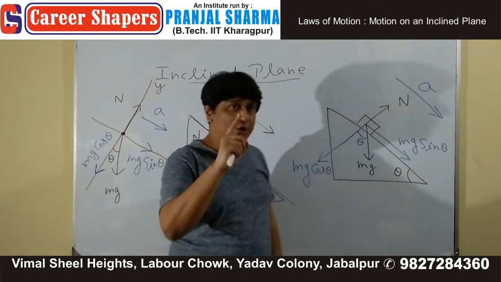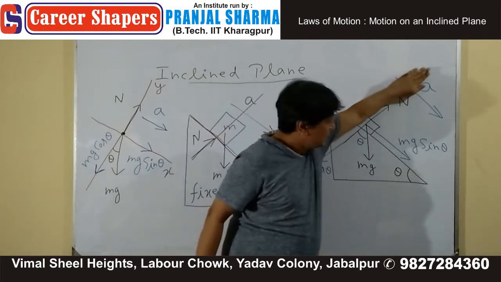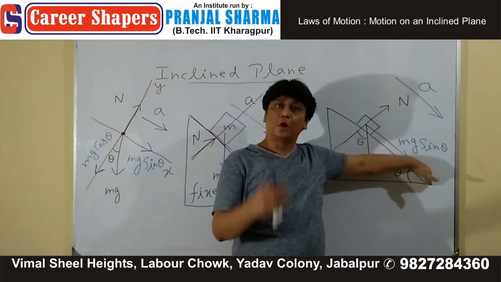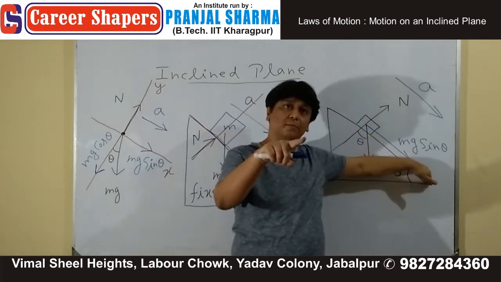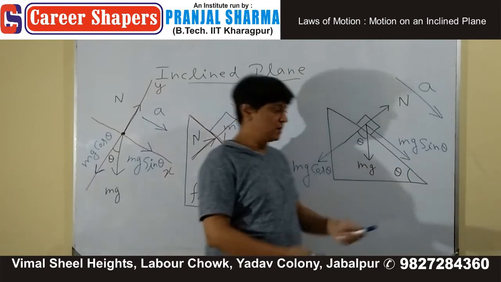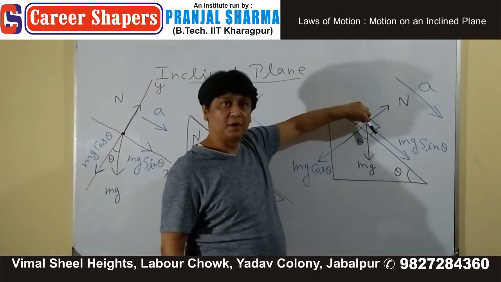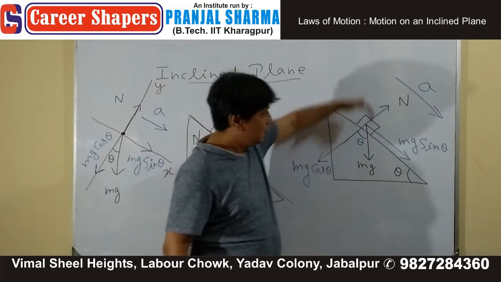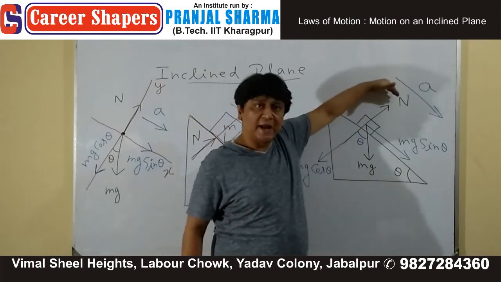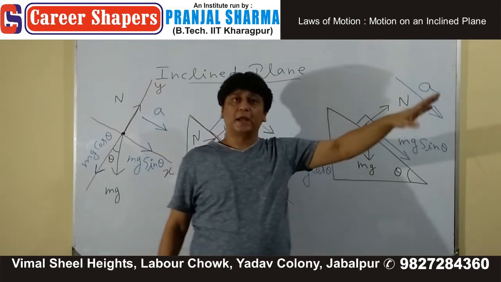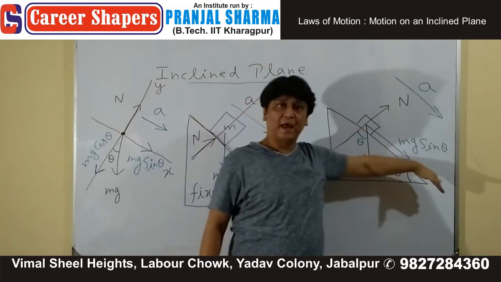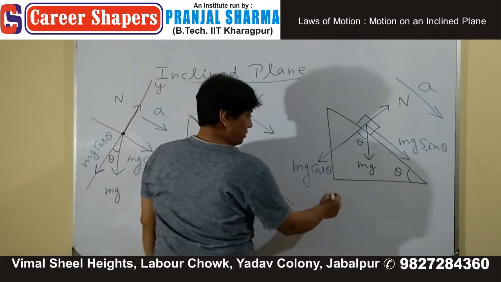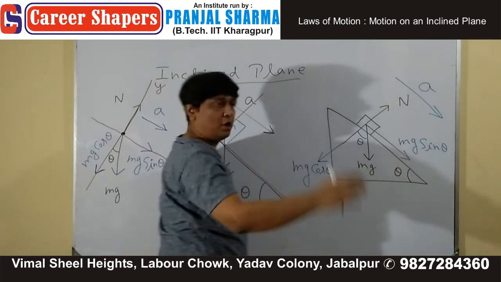X. एक्सिस में क्यों resolve करते हैं? इस एक्सिस की तरफ कंट्रीब्यूशन क्या होगा? 0। क्यों? किसी भी वेक्टर का अपने से 90 पर कंट्रीब्यूशन क्या होता है? 0। दैट मींस टेक केयर ऑफ ऑल द थिंग्स व्हिच आर एक्टिंग अलोंग y एक्सिस, टेक केयर ऑफ ऑल द थिंग्स व्हिच आर एक्टिंग अलोंग x एक्सिस।